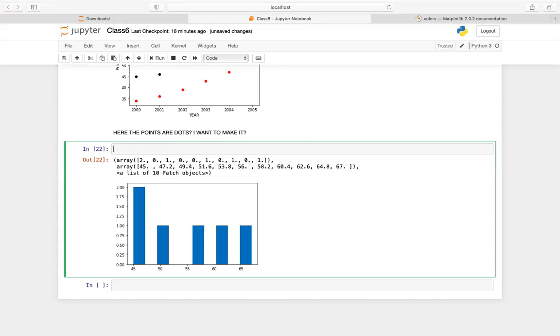What data should I take? Corona cases maybe, or something like that. I'll just put random numbers, whatever, as many as I can. Okay, so this is just test data to show you how it usually works.